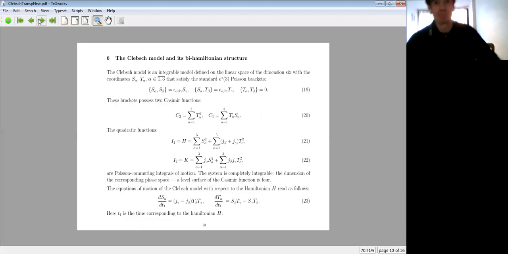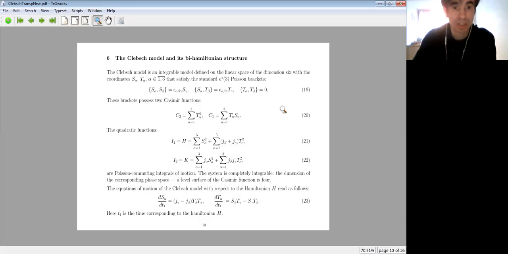This is a particular case of the Kirchhoff model of the motion of a rigid body in a liquid, which can be written in Lie algebraic terms on the Euclidean Lie algebra e(3), or rather on its dual space. So we have 6 coordinates S_alpha, T_alpha, which satisfy the standard Poisson bracket 19 of the Euclidean Lie algebra. This bracket possesses 2 Casimir functions C1 and C2 of the form 20, and